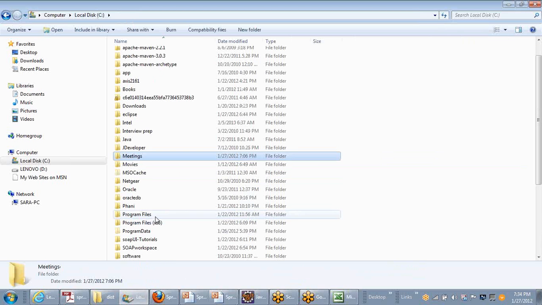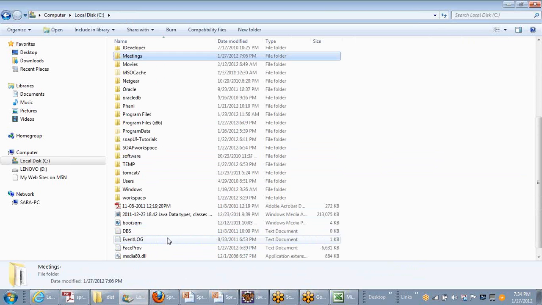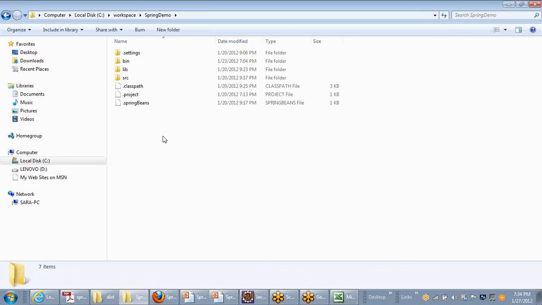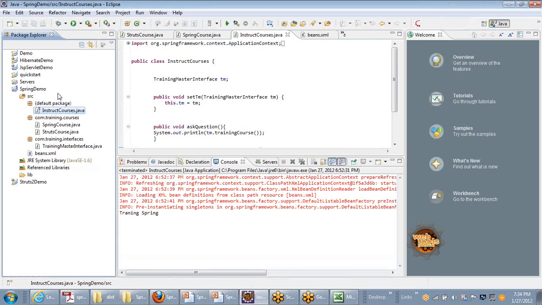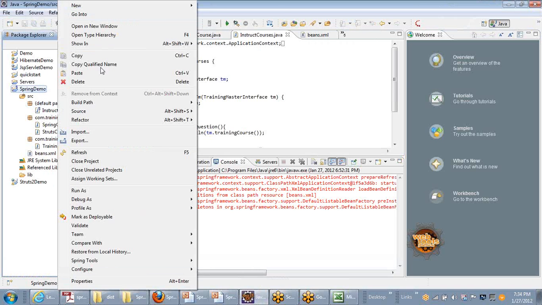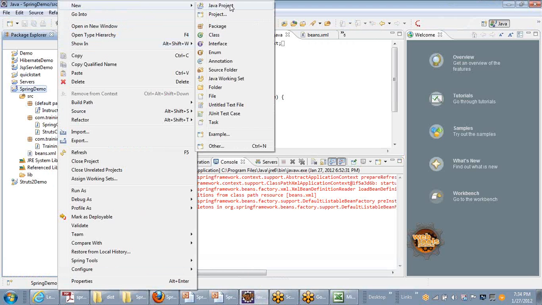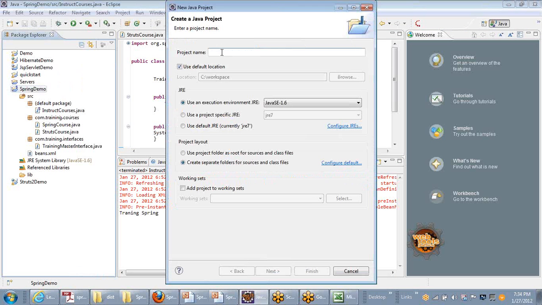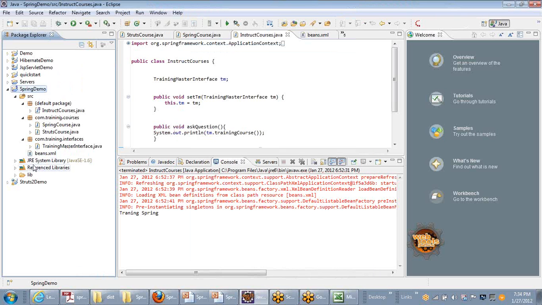into the project. I created a demo for you, Spring demo. So I created a Java project, Spring demo, in Java. So do new Java project, name it Spring demo, and cancel that.